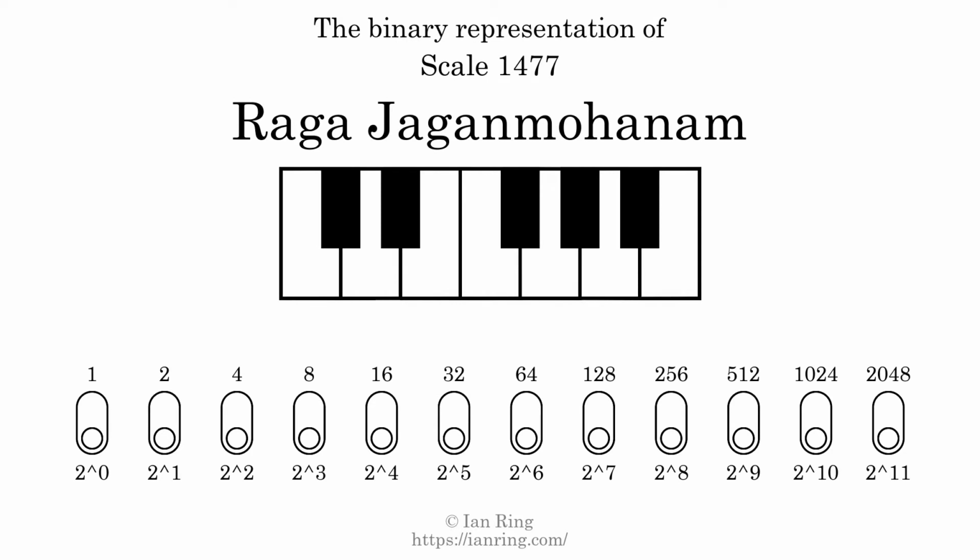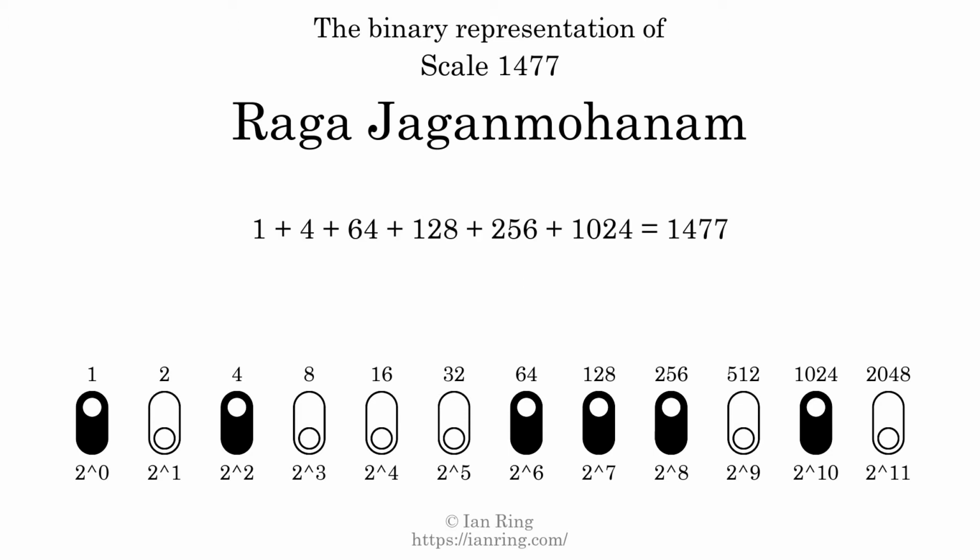The binary representation of this scale is determined by mapping tones of the scale to binary digits. Each binary digit represents a power of 2. To get the scale number, we add the powers of 2 together. The powers of 2 that are present in the scale, all added together, equals 1477. That is why the scale number, in decimal, is